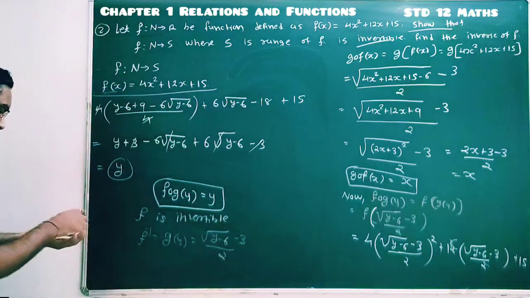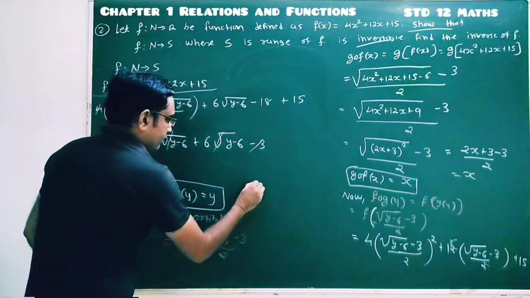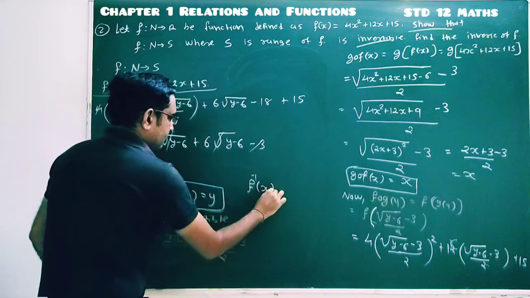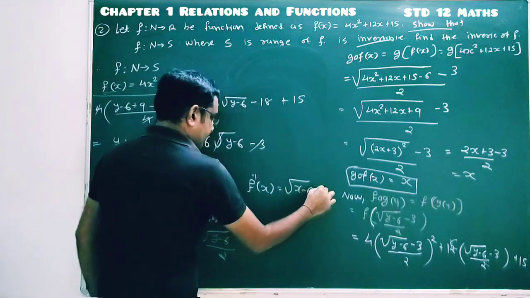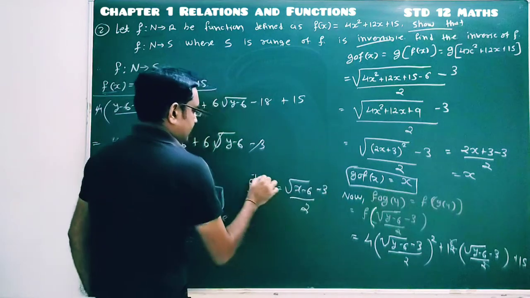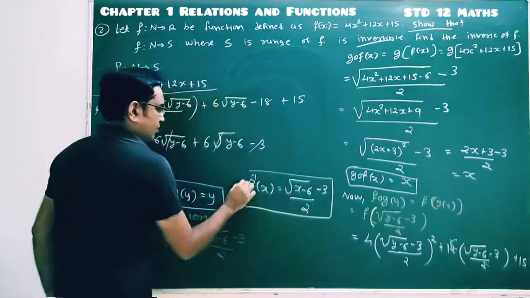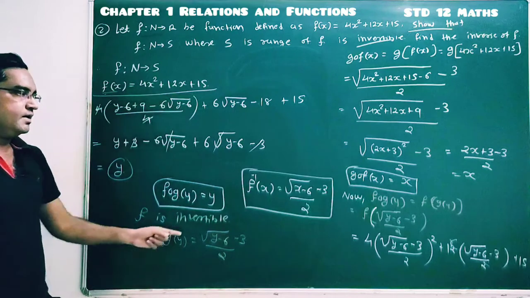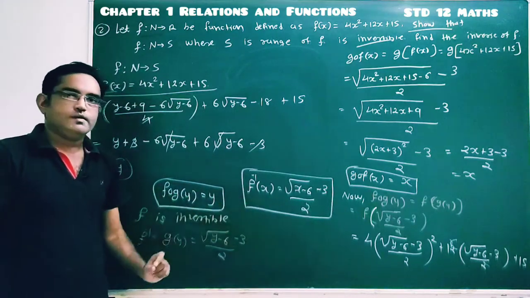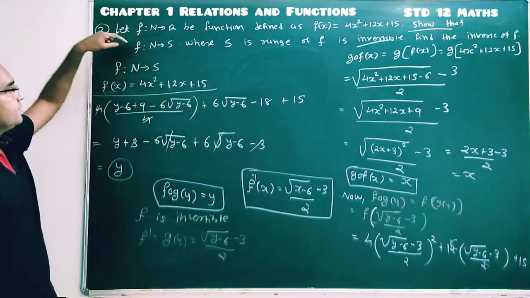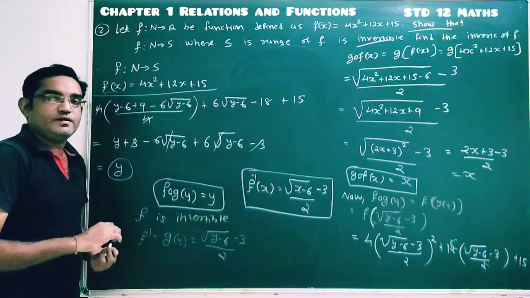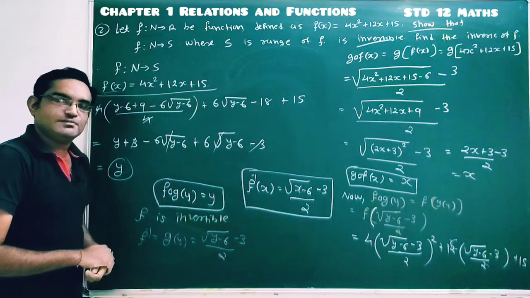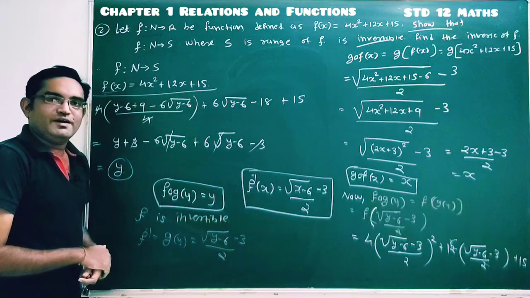We can also write this function in terms of x. So the inverse of x is nothing but the square root of x minus 6, minus 3 by 2. You can keep it in the form of y, or convert it and give the answer in the form of x, because our given function is in terms of x. Clear students? So this is how you can find the inverse of any given function. Now pause this video and note it down.